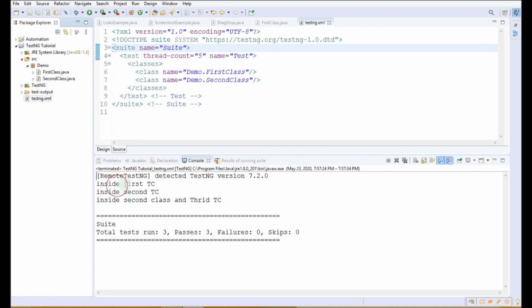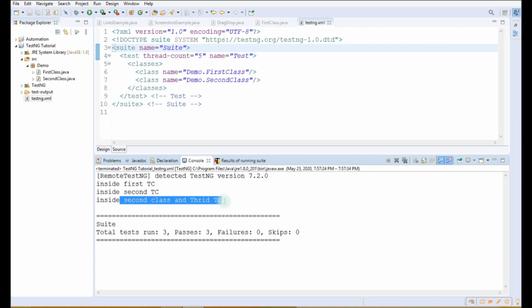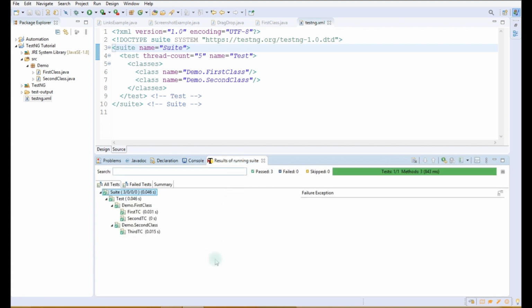First it has printed inside first test case, then the second test case, and at last it has printed inside second class and third test case. And this is the result. In the first class there are two test cases, and in the second class there is one test case, that is the third test case. So this is the hierarchy of the project.